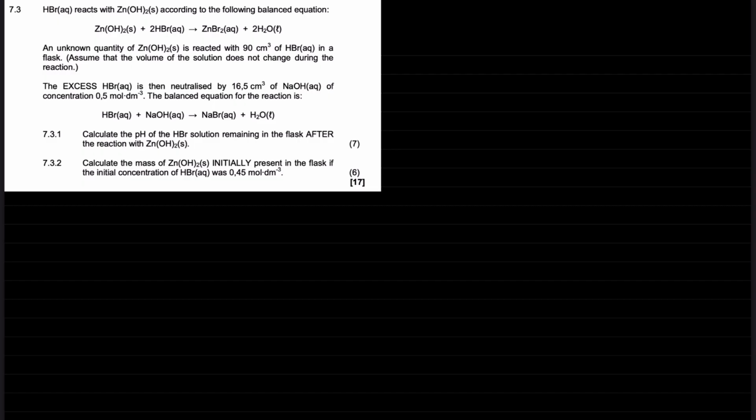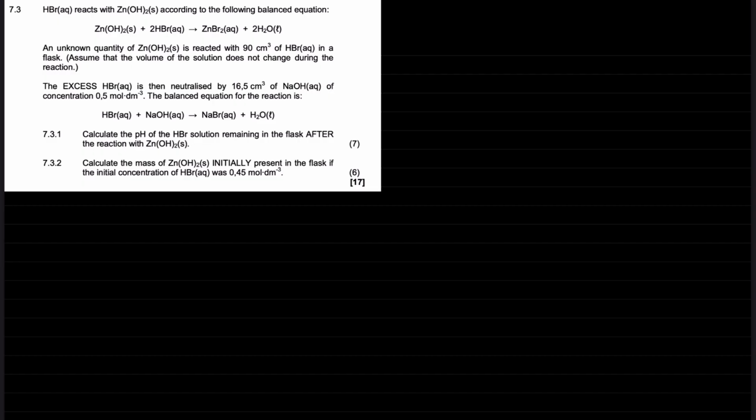An unknown quantity of zinc hydroxide is reacted with 90 centimeters cubed of HBr in a flask. Assume that the volume of the solution does not change during the reaction. The excess HBr is then neutralized by 16.5 cm cubed of NaOH of concentration 0.5 moles per dm cubed. The balanced equation for the reaction is HBr plus NaOH gives us NaBr plus H2O. So the question reads, calculate the pH of the HBr solution remaining in the flask after the reaction with the